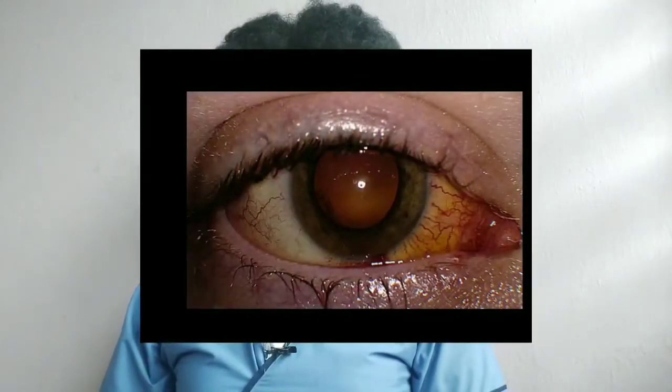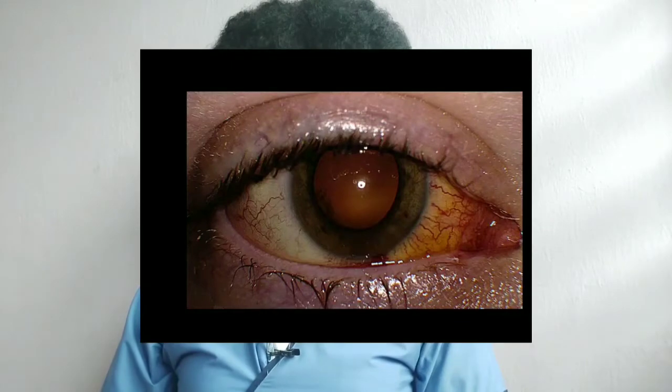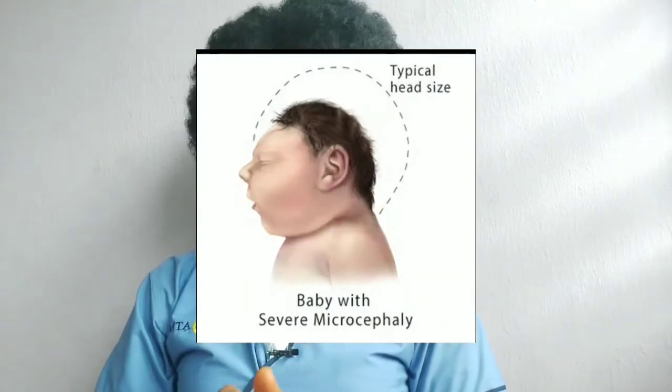1. Chorioretinitis. This means inflammation of the middle and the inner layers of the eyes. 2. Intracranial calcifications. 3. Hydrocephalus. When the head has too much water, the baby may stop growing well inside the womb. Then if the head is not so big, the baby may come down with what we call severe microcephaly, a very small head. Now, prevention of toxoplasmosis will include: